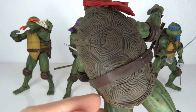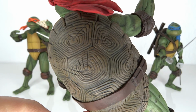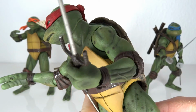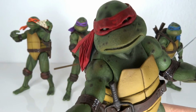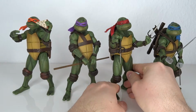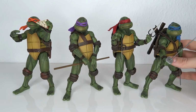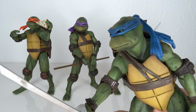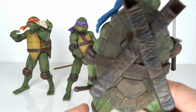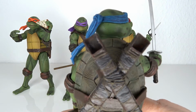Articulation is very nice, and it's overall a great package, which would have been a lot higher on the list if it wasn't for this one asterisk, this SDCC exclusive. Once again, NECA, I'm begging ya, you're making these guys impossibly hard to get. You know, I'm a huge TMNT fan. I try to have as